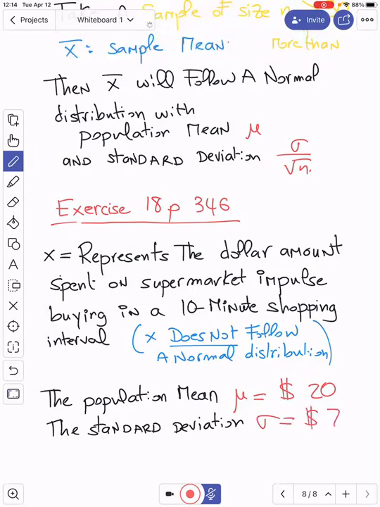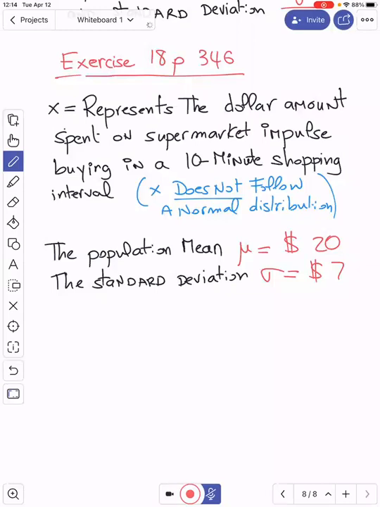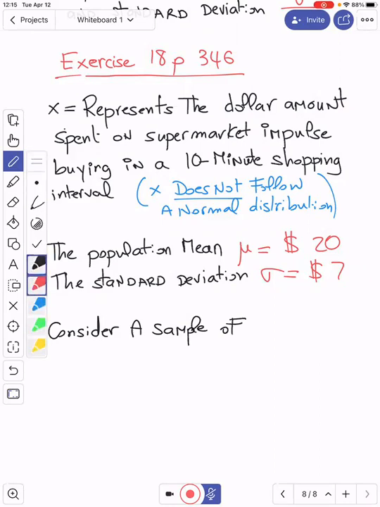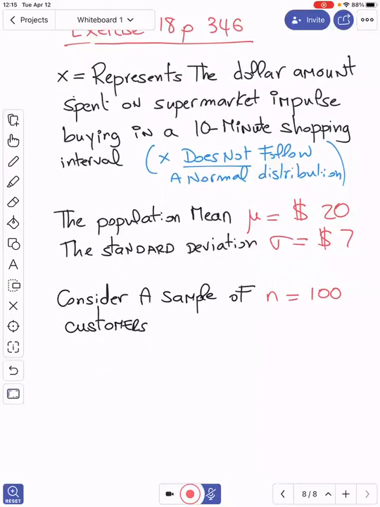So now it says we need to consider a random sample of 100 customers, each of whom has 10 minutes of shopping interval, etc. So the question is, what's the probability that